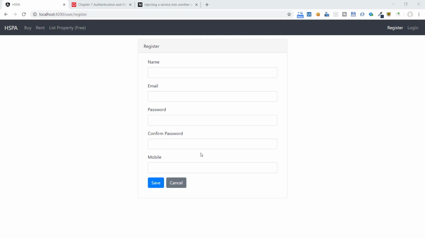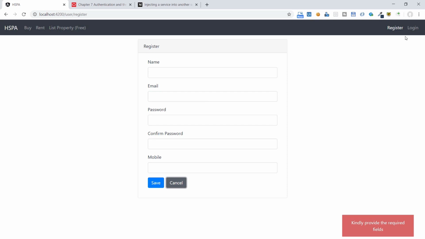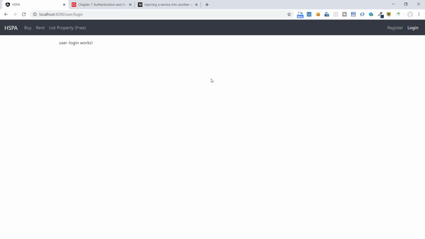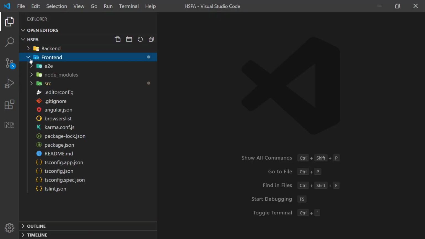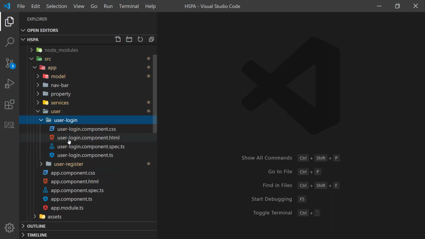So we have added this beautiful sliding notification feature using a third-party framework and wrapped it up in an Angular service in our previous video. Now it's time to add login functionality to our application. We already have added this user login component in our previous videos. In this tutorial, let's add the required HTML to create the UI.